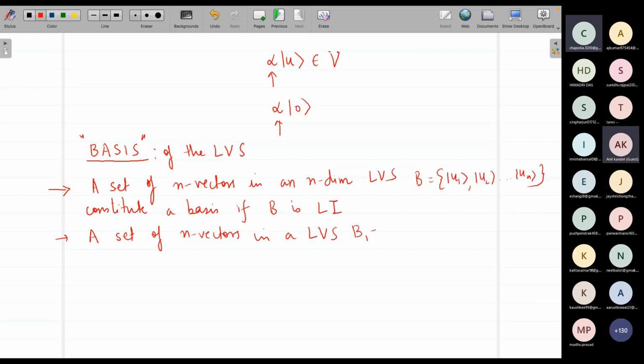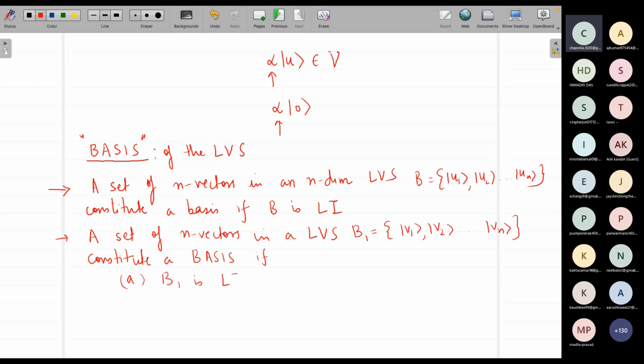So let's say V1, V2, Vn. So a set of n vectors in a linear vector space constitute a basis if